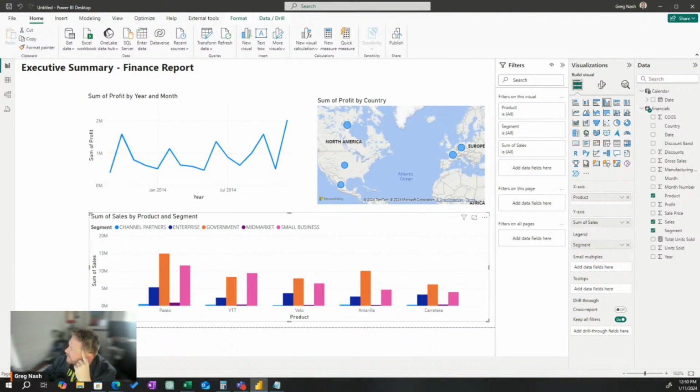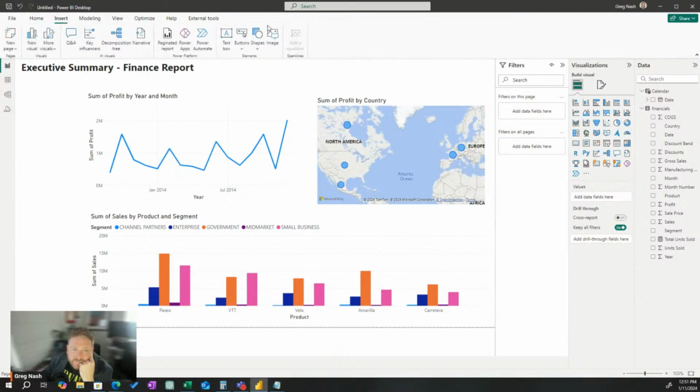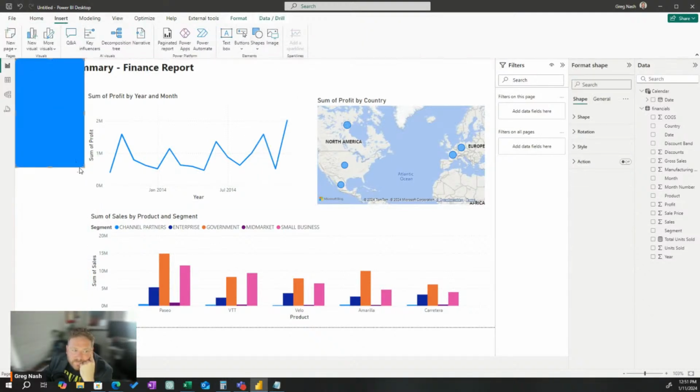Man, they skip over a lot of stuff in this tutorial, I've got to say. Where's my blue bar at the top? When did that happen? Do they just not talk about it? They don't. Interesting. So you make a beautiful report, but then the tutorial doesn't actually show you how to do things like add a shape, which I think is all they've done.